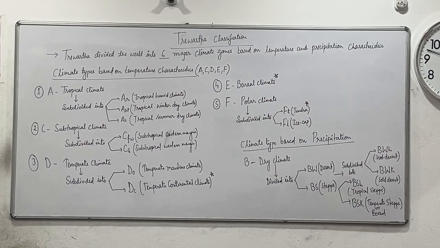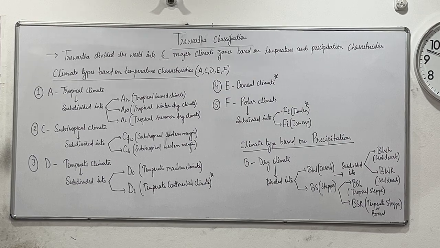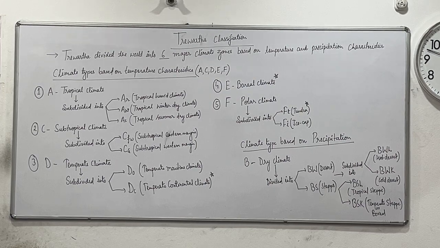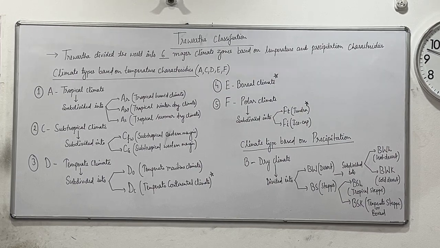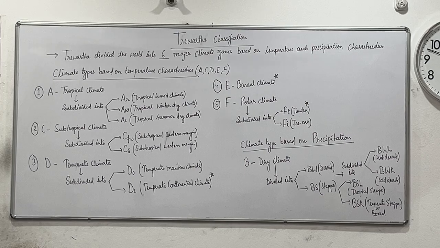Though no scheme can be fully useful for climatologists, for geographers, yes, this is now one of the most popular schemes we have, which is updated with other elements, with some modification and deviation from Koppen's